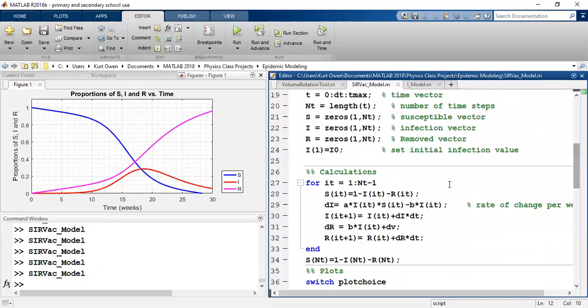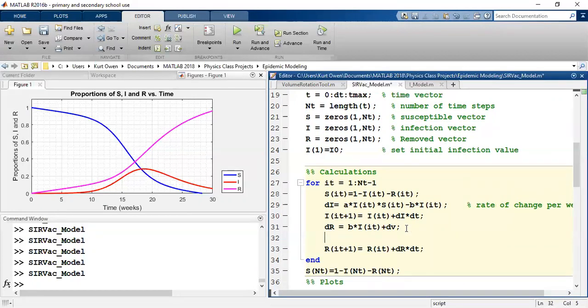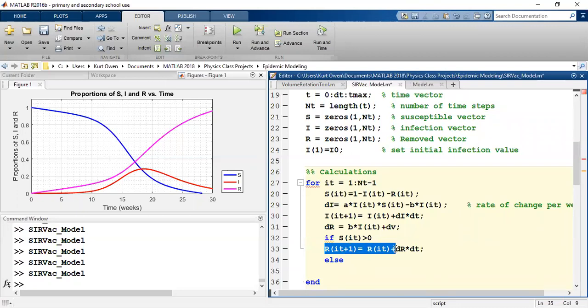So in our calculations, we probably need an if statement. We change the R, and we want this to happen if S of, oh, that's a capital S, we made SIR all capital, if S of IT is greater than 0, not even greater than or equal to 0. If no people are left to be vaccinated, we want to do this. If they've all been vaccinated, then we don't want to add the DR, we don't want to add